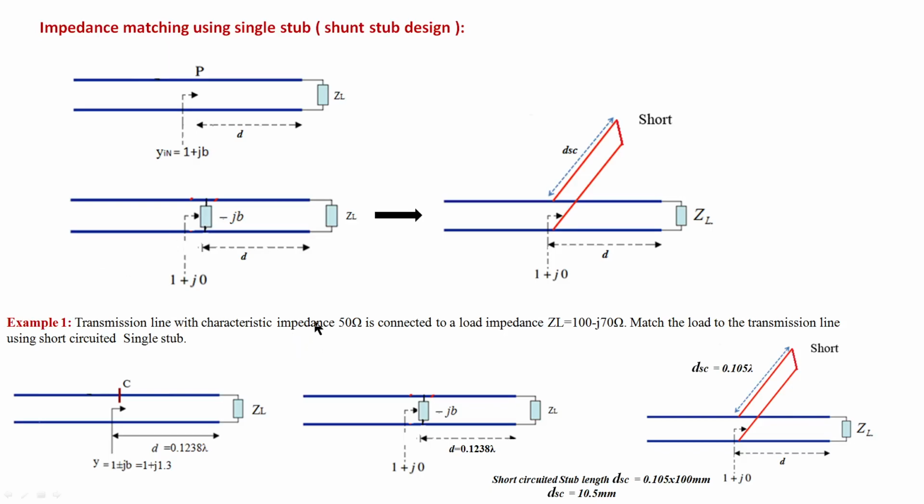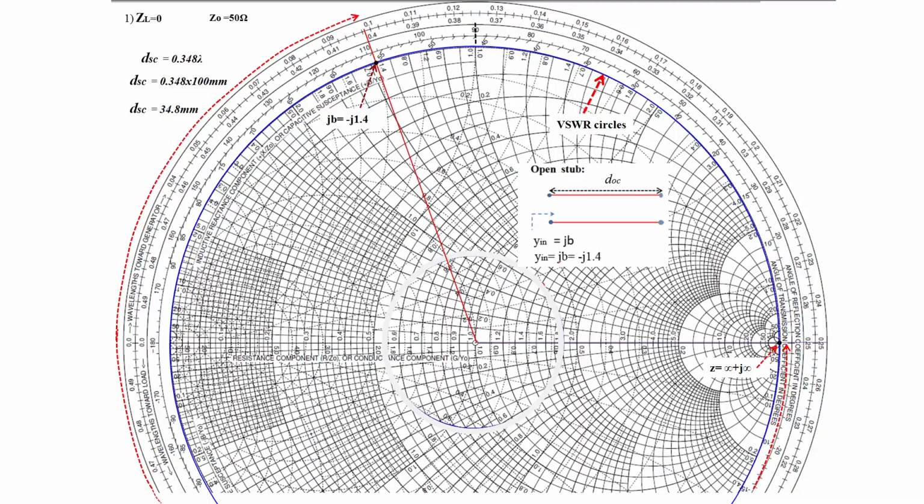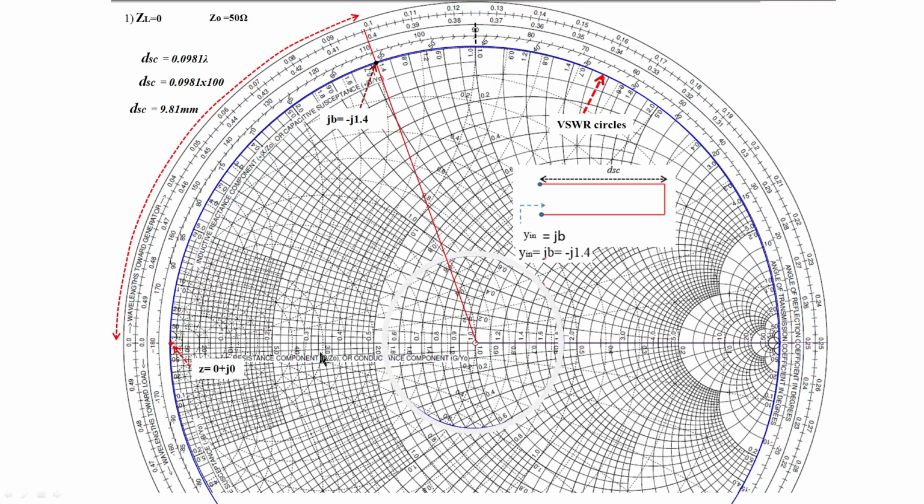Using transmission lines, we can implement particular values of susceptance and reactance. If a susceptance is given, or if you want to have this susceptance jB, B may be negative or positive. If you want to implement this using a transmission line, you can use either a short circuited transmission line or an open circuited transmission line. We studied this using short circuited and open circuited transmission lines.